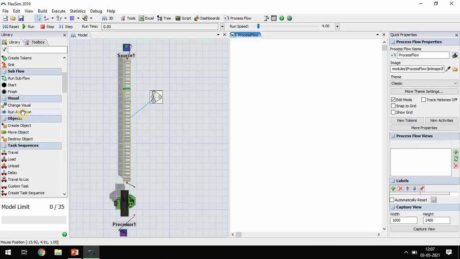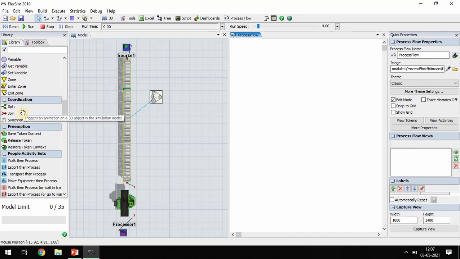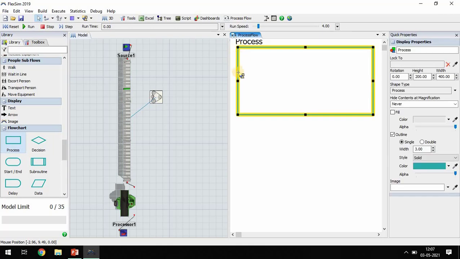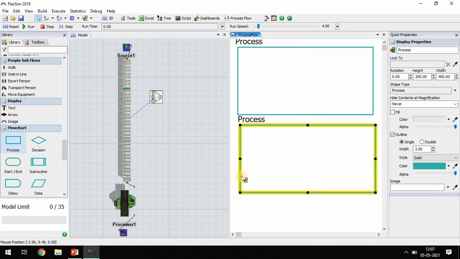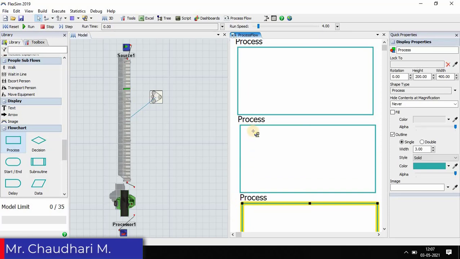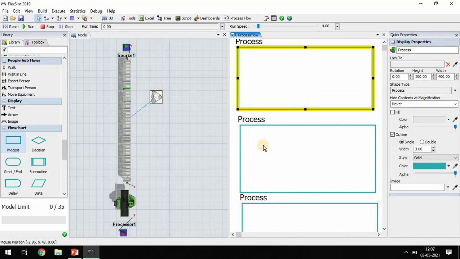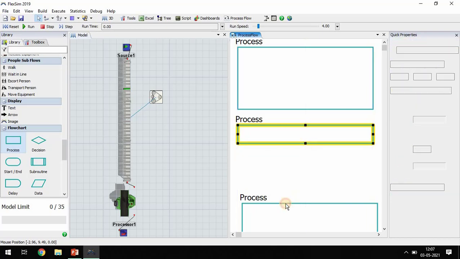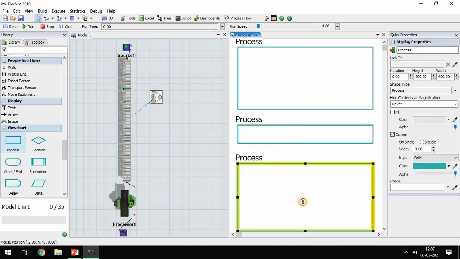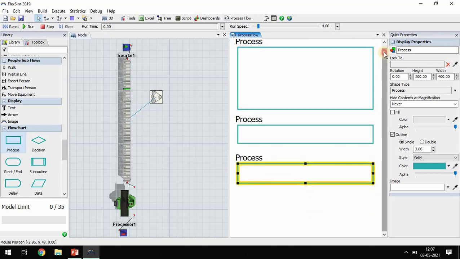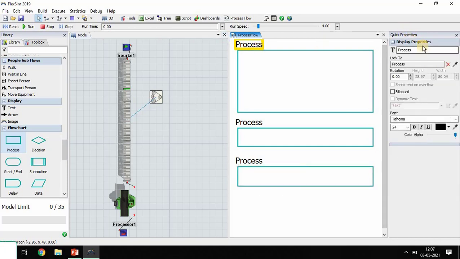Click on the process flow, then go to flowchart. Here in the flowchart, add a process, and similarly a second and a third. Here is some arrangement. The first one is a process: click here and go to quick properties.